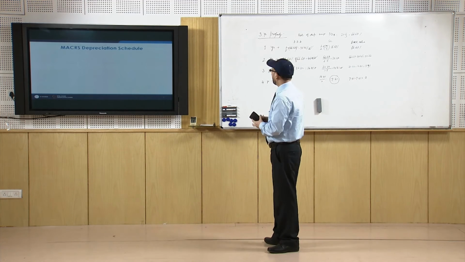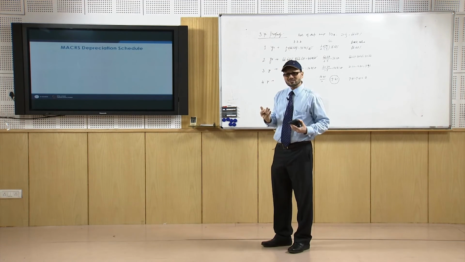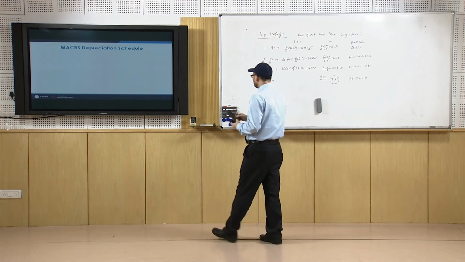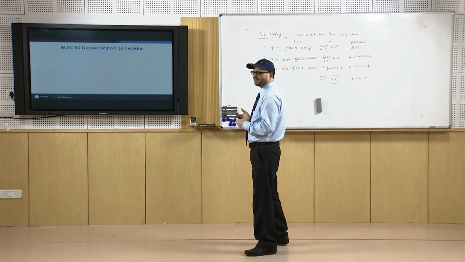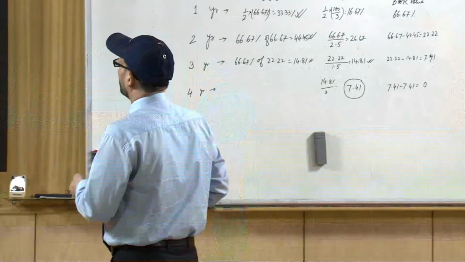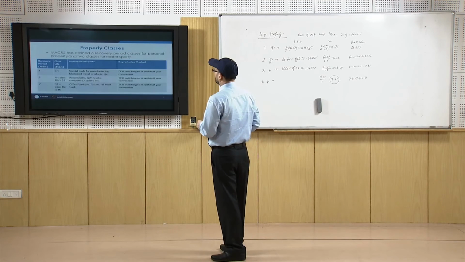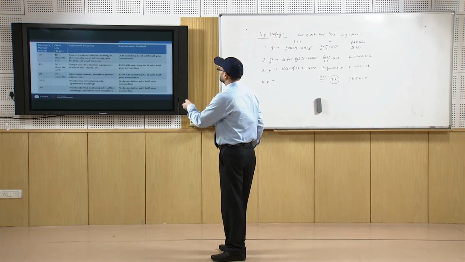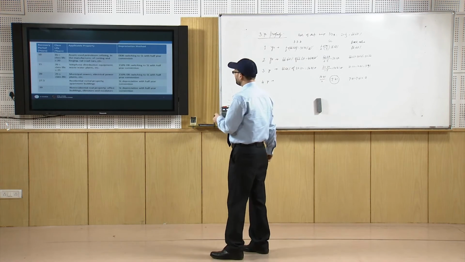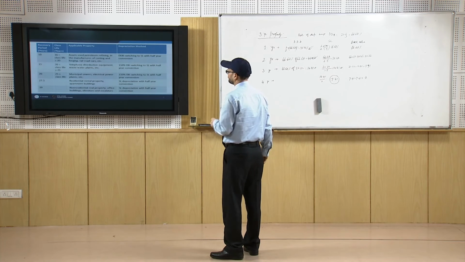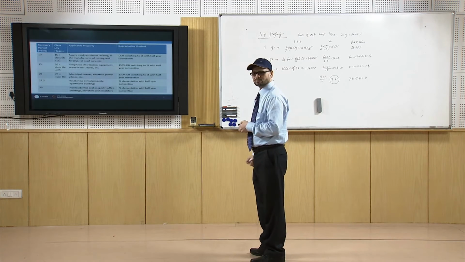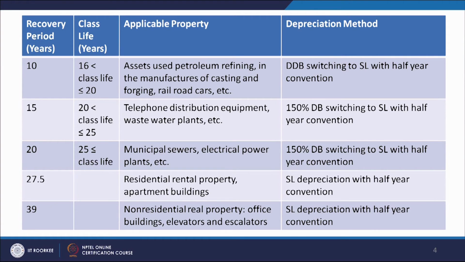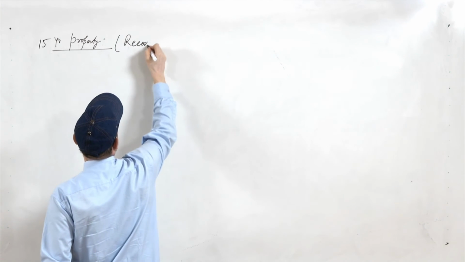Now, this is for the 3 year and 5 year class, we can compute the depreciation method for the different property classes, as we have seen that for 3, 5, 7 and 10 years of recovery period, we use DDB switching to straight line. Now, let us say if we go to the 15-year recovery period. So, in that case, if it is a 15-year property, recovery period is 15 years,